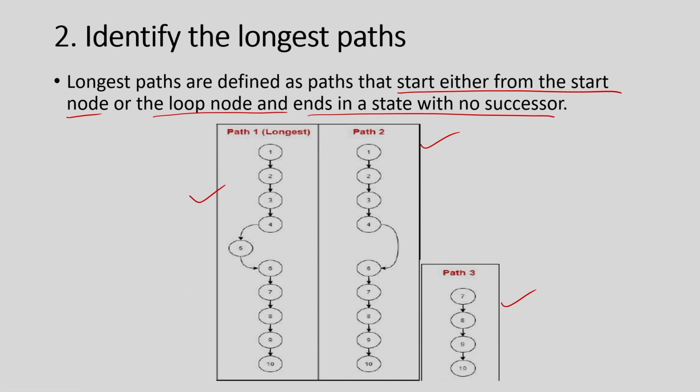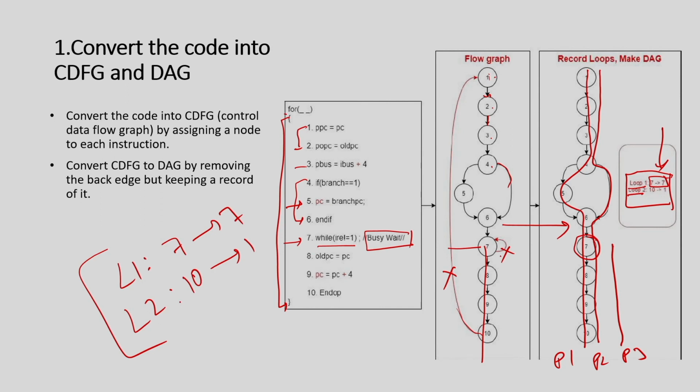So, now the interesting thing here: you see that the loop was busy waiting, there is no operation inside it, right. Now let me take a scenario where there is some operation inside the loop, and see how many paths I will identify. Okay. Let me take a very simple example: say I have this and then there is an if else, like this, and here you have a loop, and the loop has say 2 states and it is coming like this, and then you have the end state. Okay. If this is the behavior and there is a back edge from here as well, how many paths will there be? Okay.